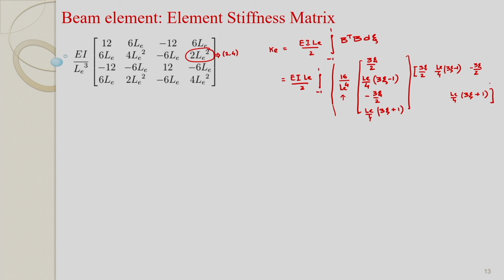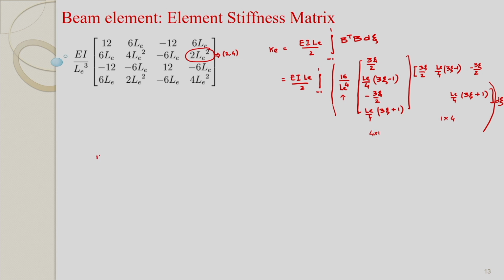Then this is dxi. Now, I want to understand this 2 comma 4. So, this is your 4 cross 1 and 1 cross 4 will give 4 cross 4. Now, to get this 2 comma 4,